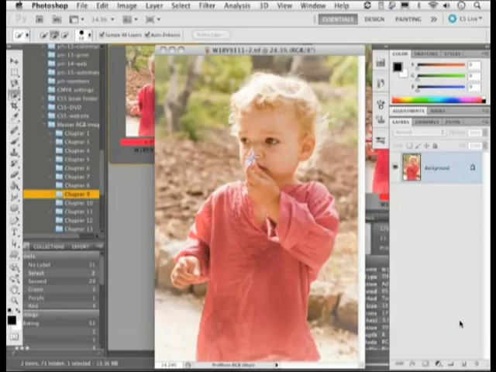In this movie I want to show how to work with the Quick Selection tool in conjunction with the Refine Edge Refine Mask that's been improved in Photoshop CS5 to tackle tricky jobs like this, where you can see a photograph of my daughter Angelica that's been photographed against a busy background. And here I want to show how to create a cutout mask of Angelica and then place her against a